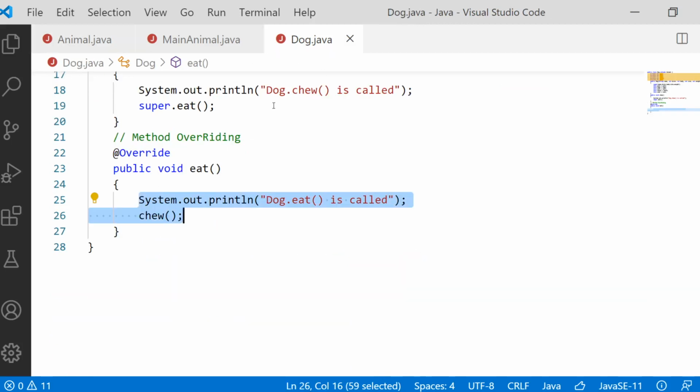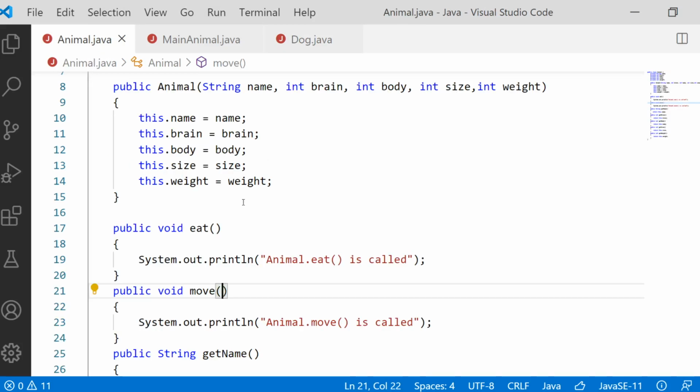Suppose for the subclass dog, you create an object for dog and call the method eat. First of all it will search for the eat method in its own class. If our own class has an eat method, then that eat method will be invoked and executed. If our own class does not have the eat method, then it will search in its superclass. Only if the subclass does not have the method will it search the superclass. If the superclass has it, it will be executed. If both the subclass and superclass do not have the method that you are calling, then an error will be thrown.